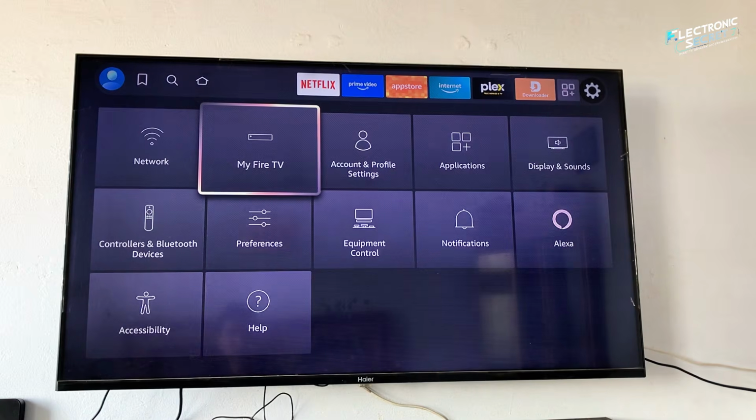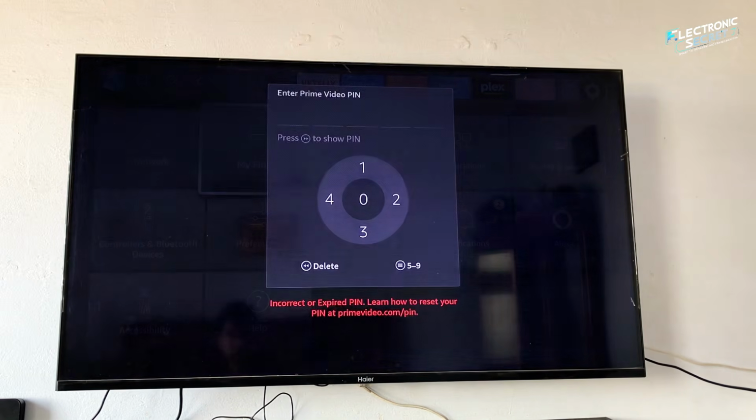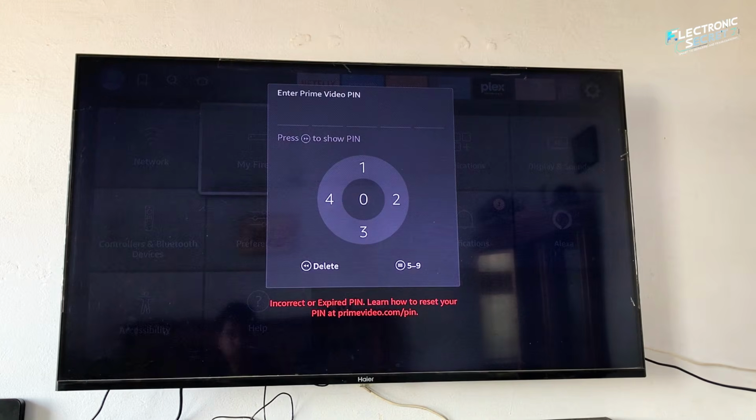Your Firestick just asked for a PIN, but you don't remember it. Now you are locked out of apps, downloads and settings. Most people panic and factory reset their Firestick, but that deletes everything. Wait, because in this video, I'll show you the exact official method to reset your Firestick PIN without losing a